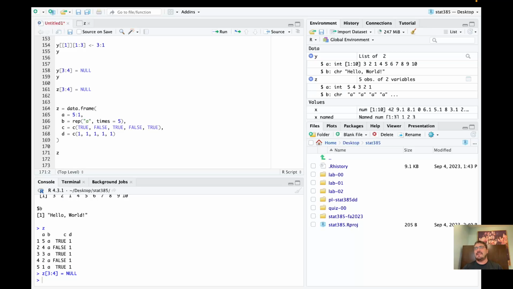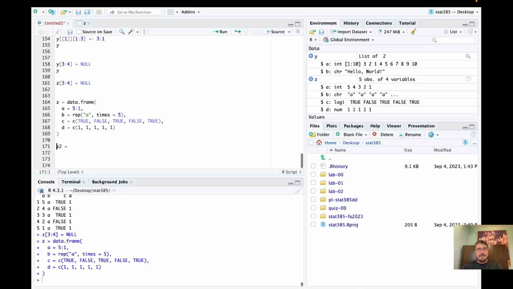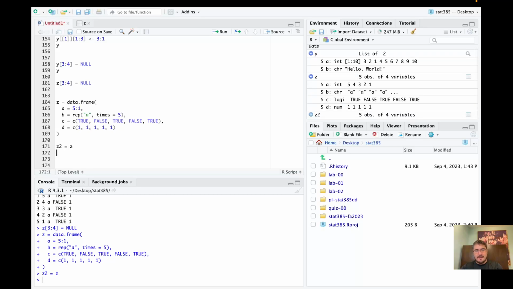So oftentimes, even if you're just going to use these non-descriptive throwaway names, you may want to do something like this. I have my data frame and I want to get rid of the first 3 columns. I could do Z2 equals Z,